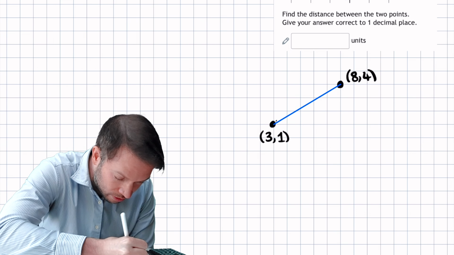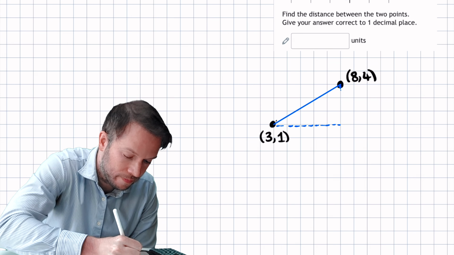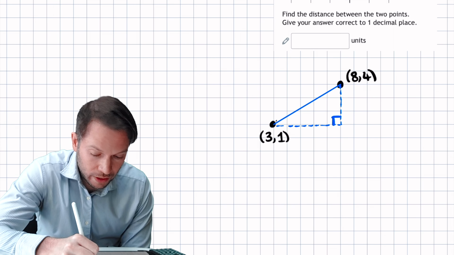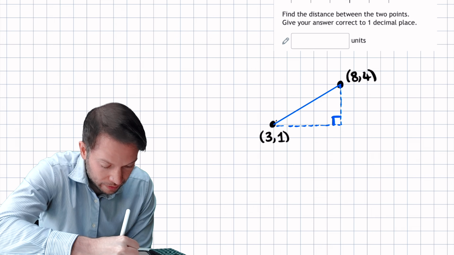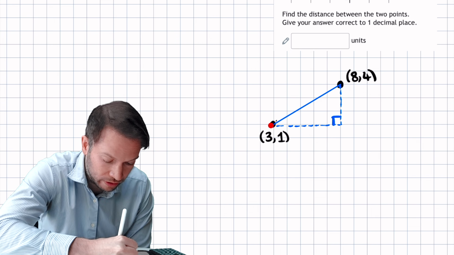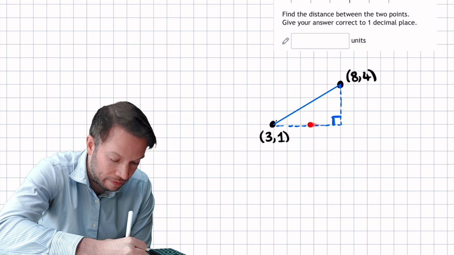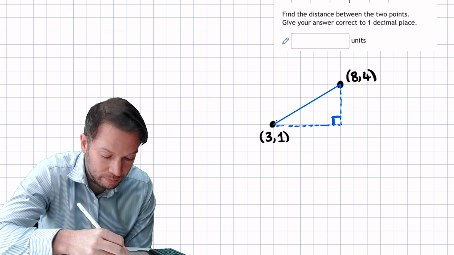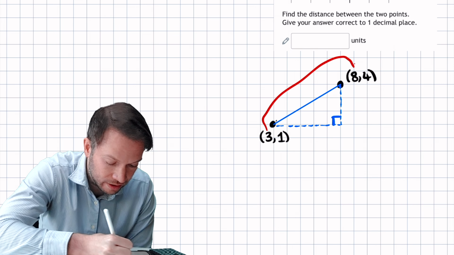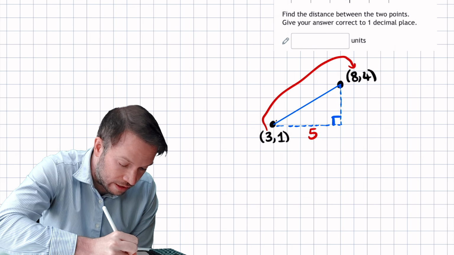So if we were to consider this horizontal length here and this vertical length here, then we know that's a right angled triangle. But what are the lengths of this right angled triangle? Well, we can see that this length here is the difference between the x-coordinates, because this x-coordinate is 3, this x-coordinate is the same as that x-coordinate, which is 8, and therefore this length is going to be the difference between these two x values, so the difference from the 3 to the 8. So we can see that length is going to be 5, and then this distance here is just going to